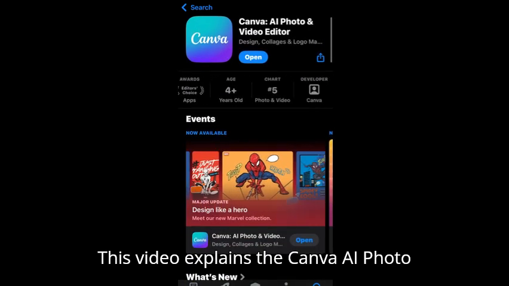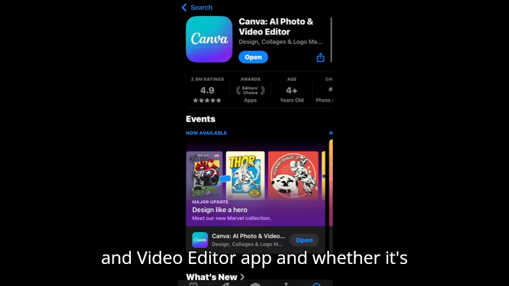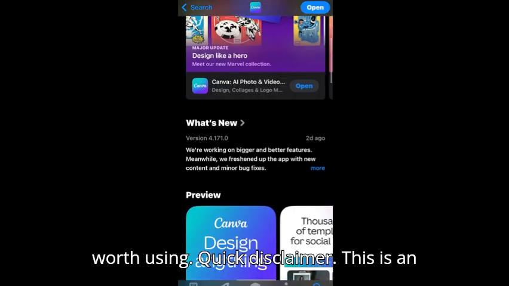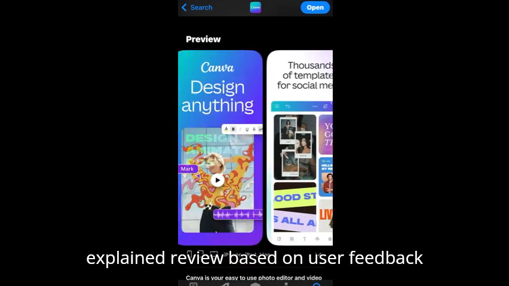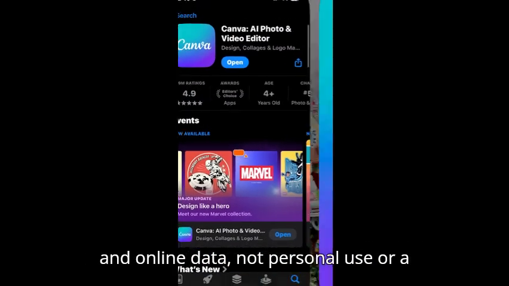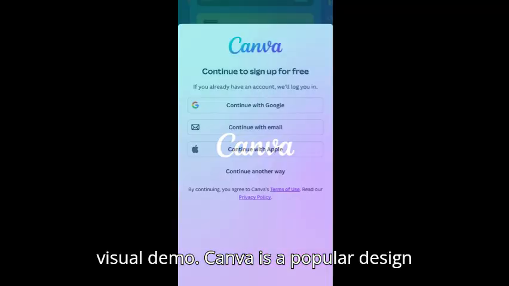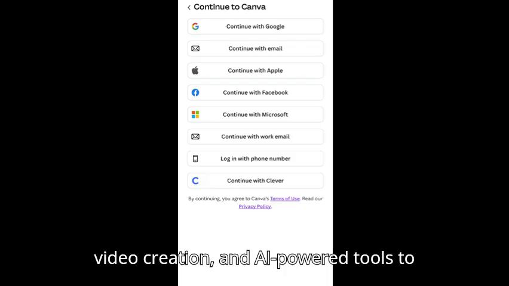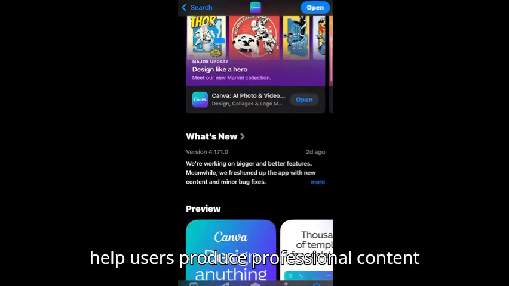This video explains the Canva AI photo and video editor app and whether it's worth using. Quick disclaimer. This is an explained review based on user feedback and online data, not personal use or a visual demo. Canva is a popular design platform that combines photo editing, video creation, and AI-powered tools to help users produce